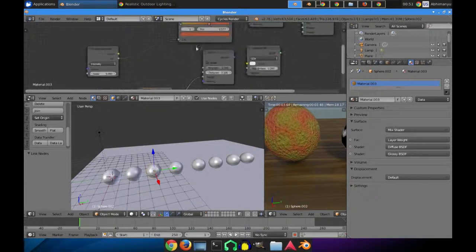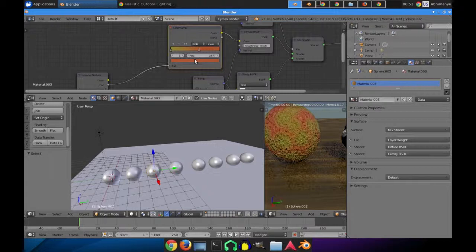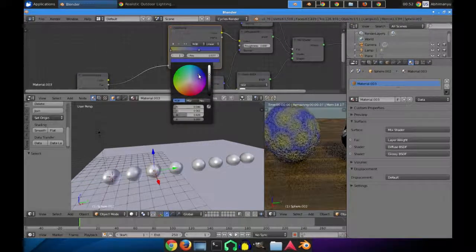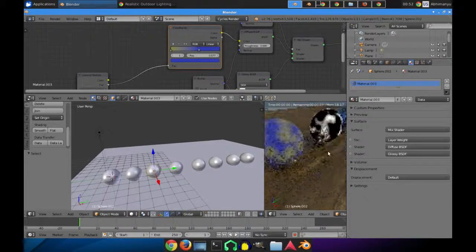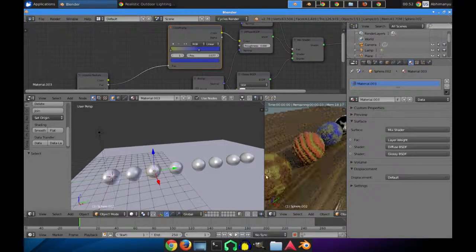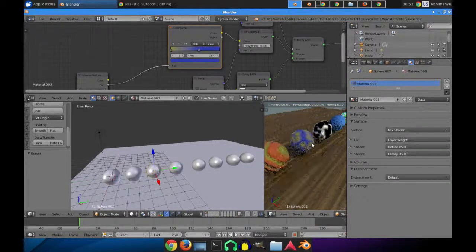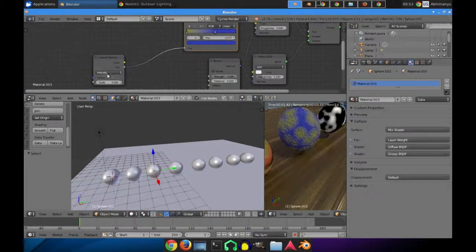Now see, this has a similar effect to this, but it's a bit different in that